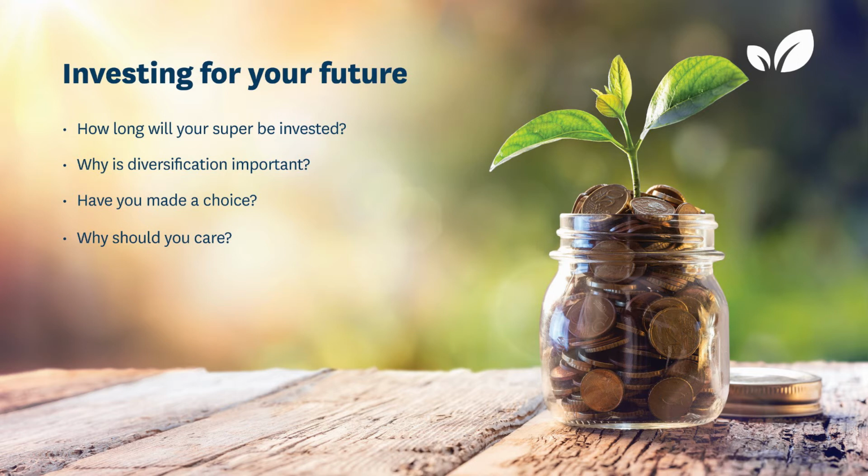Think of it as not having all your eggs in the one basket. And it's really important to remember that you've always got choice of where your superannuation funds are invested. At Statewide Super, there's 10 different investment options that you can choose to invest your funds into at any point in time. Most super funds in Australia will have a default investment option, and they're usually going to be called